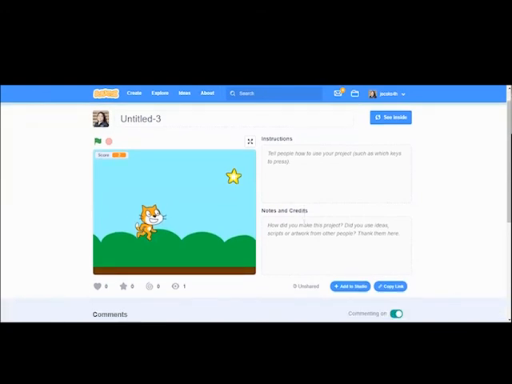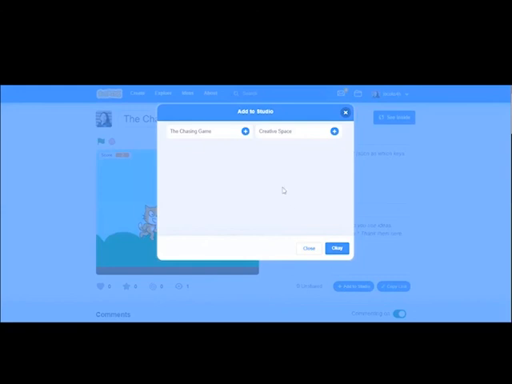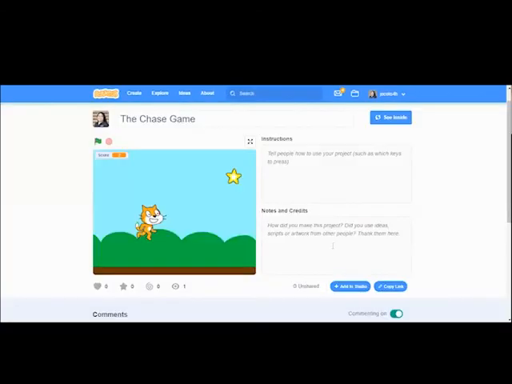And you'll see the screen right here. I am going to title this The Chase Game. Oops, I don't know why I put camp. The Chase Game. And I'm going to add to studio. Just down here, I'm going to press that button. And this is a chase game. So I'm going to press the plus to add it to the chase game and OK. So what does that mean? I just shared it. So if I go ahead and go to my class,